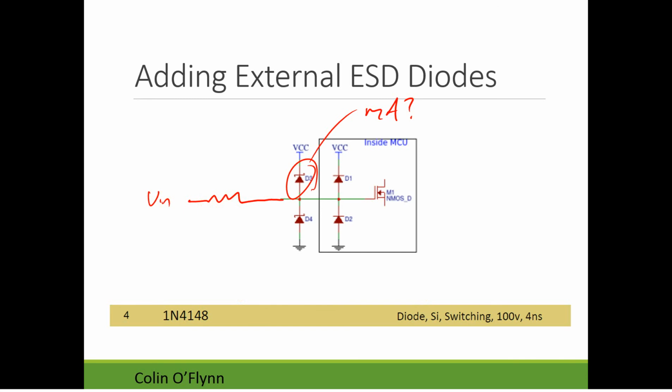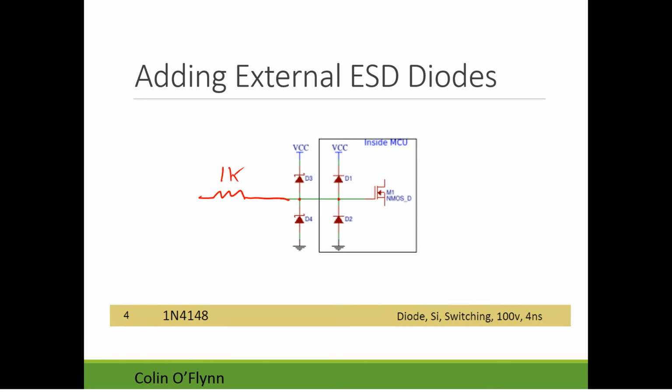If you don't have the series resistor, the problem is that if you put 10 volts in, 10 volts is just going to flow through this diode and possibly pull your VCC up to 10 volts. So you need something to limit that current flow. It will also burn out the diode very quickly, assuming your input has some strength behind it. So instead, you put a small resistor, and the value depends on your input, how fast it's switching and stuff like that. For everything you're doing, probably 1K is fine. You could go a little lower if needed.